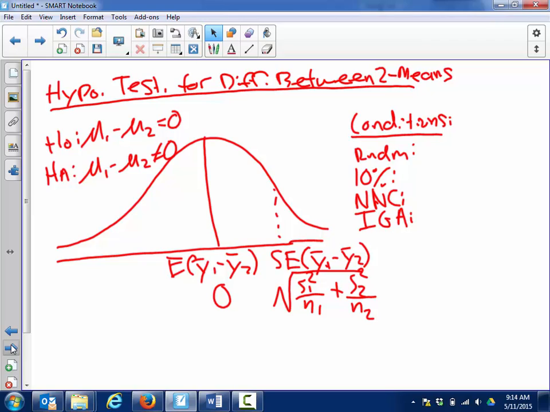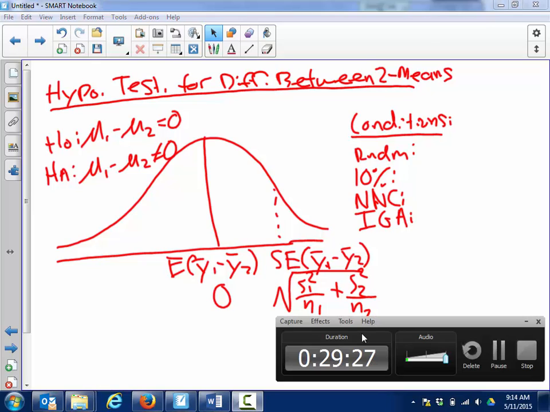There is a comparison for you of the 12 different t distributions or normal z distributions, normal bell curve distributions that you would work with regarding